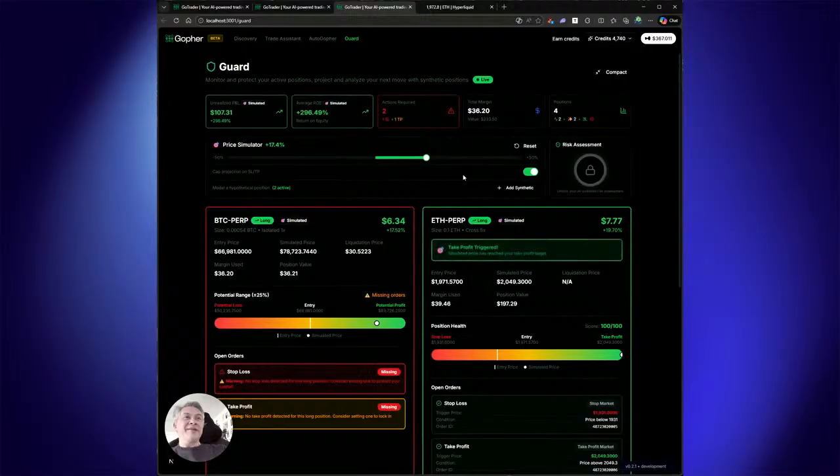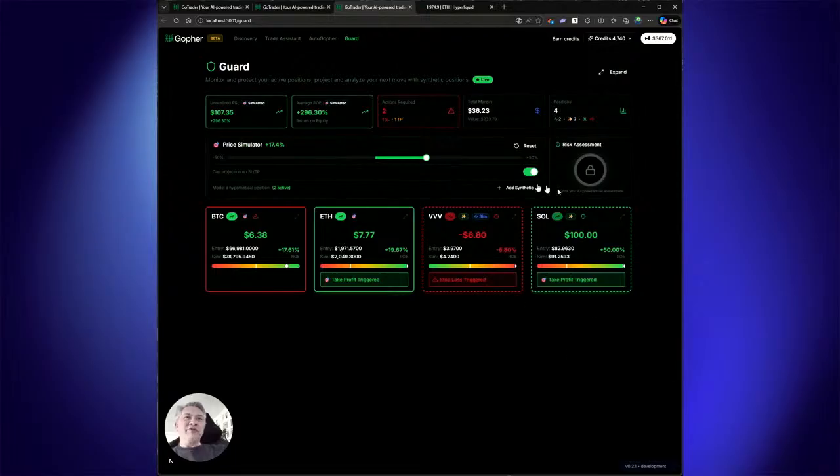The next thing we've added is a feature that is still in development, but it's pretty neat. It's the concept of basically getting a risk assessment. So you've got your portfolio and you want to use AI to analyze it and give you a view on where you're at. So you can hit this risk assessment button, and this is actually going to go to the Gopher backend, where using some of our prompt engineering, it's getting your positions, it's going to get knowledge about what you've traded, it's going to take that information, look at where you have stop losses and take profit in place,